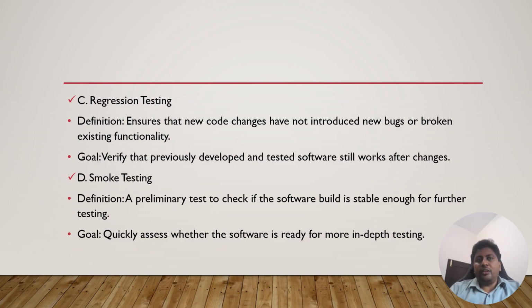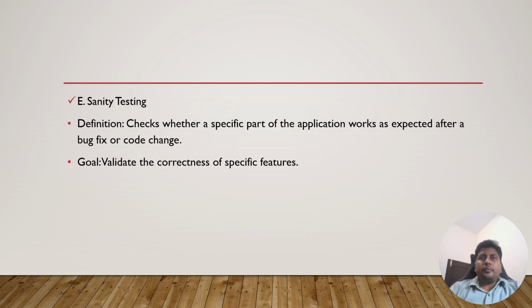The next testing comes once your smoke is passed. Sanity testing. Sanity is about checking very important functionalities. When a manager tells a QA to do a sanity test, what he will do is, when there are some 10 buttons, he will check the functionality of each and every button.